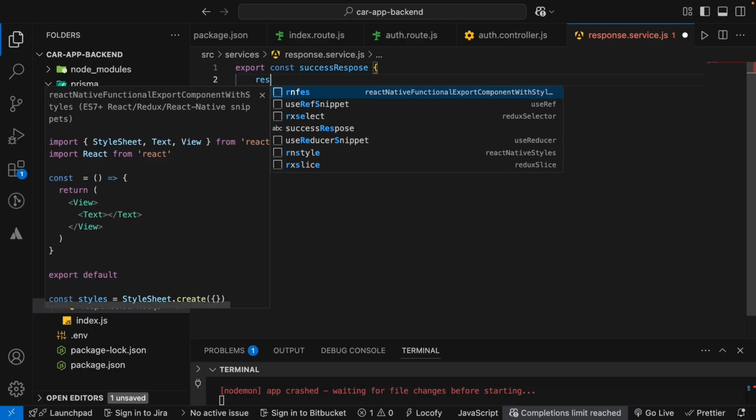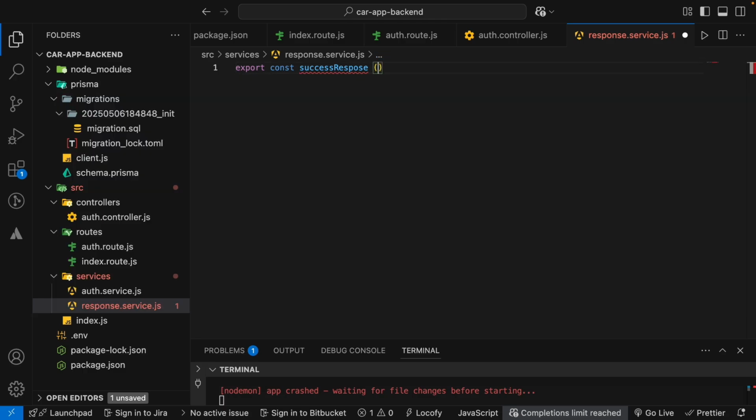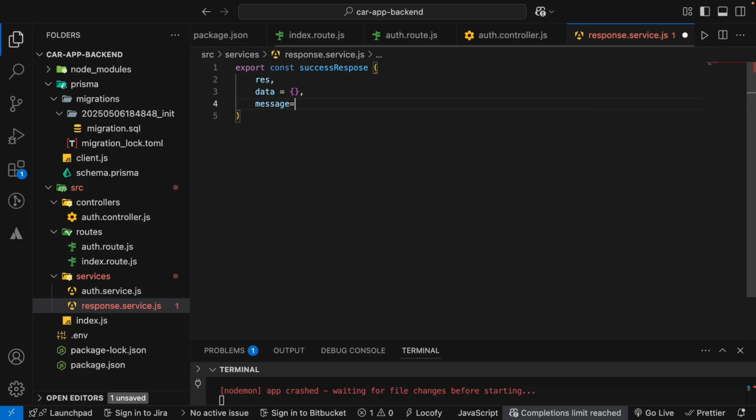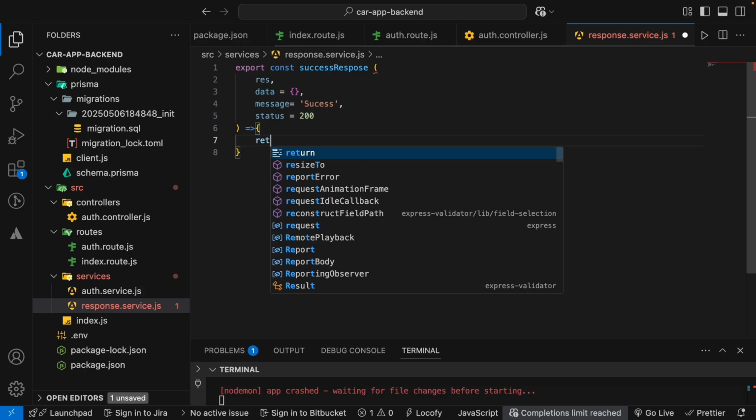Okay, and over here I'm going to write a function, basically, so I'm going to get the response and the data. It will be a type of object, as well as the message, and the message as well is a success response service, so by default it will be success. And the status, so as you know, every API which has the success response, the code is 200 by default. Let me just write it something like this, status, and just write a function, and just return